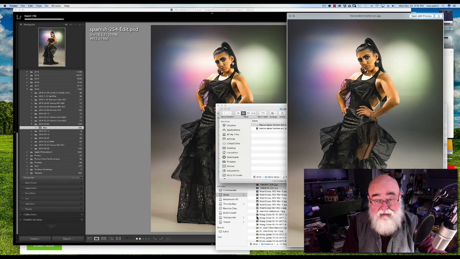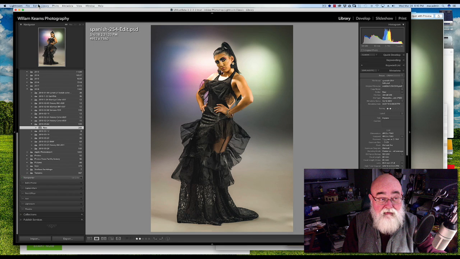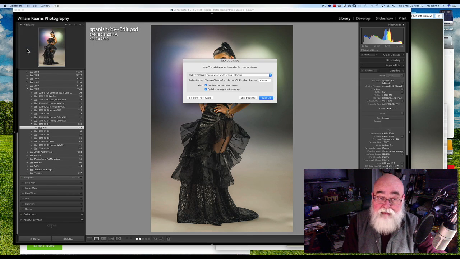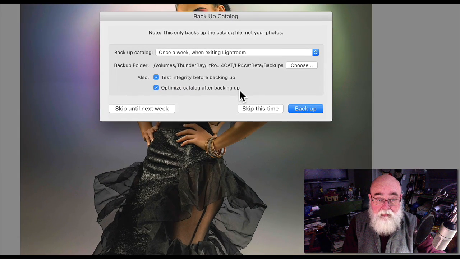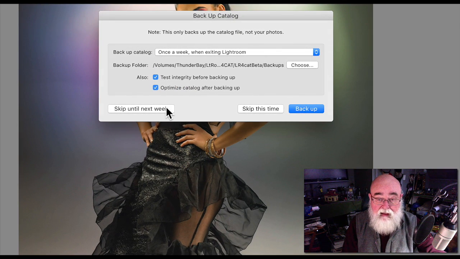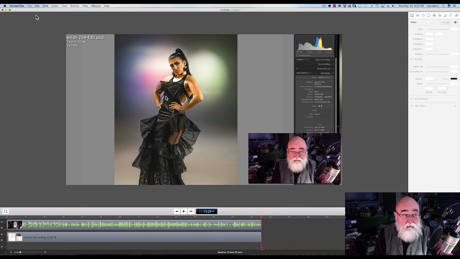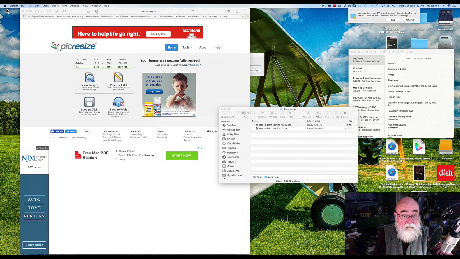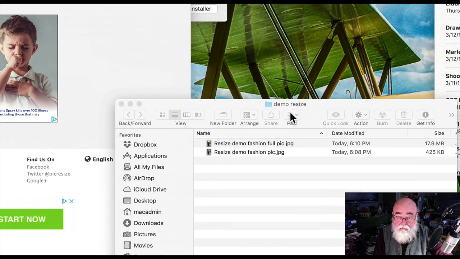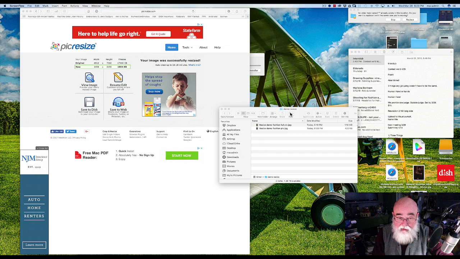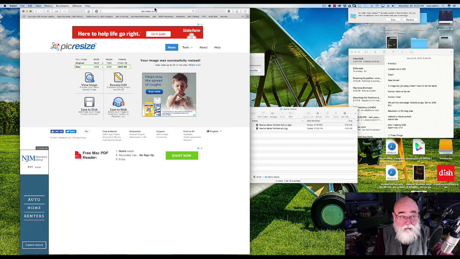And this takes a little longer. It's a little bigger file. All right, and there is our full-size JPEG. So we're going to go back to Lightroom here, and we're just going to quit Lightroom because we're done with Lightroom. All right, and we'll skip that. All right, now our full-size JPEG has been exported, and we are back here at